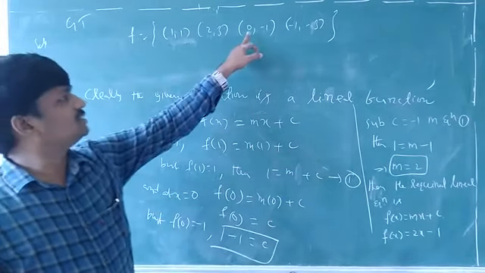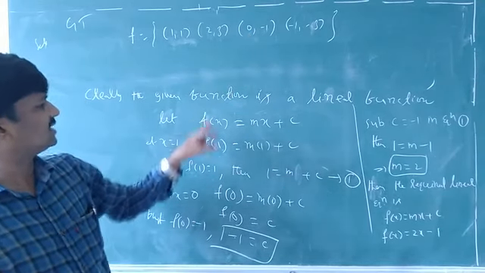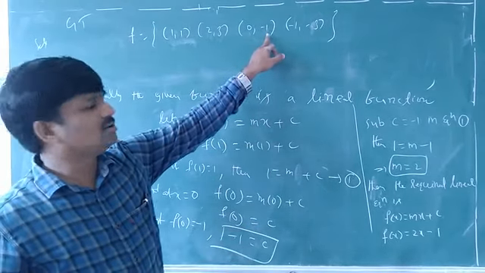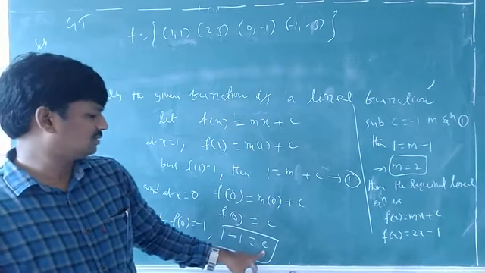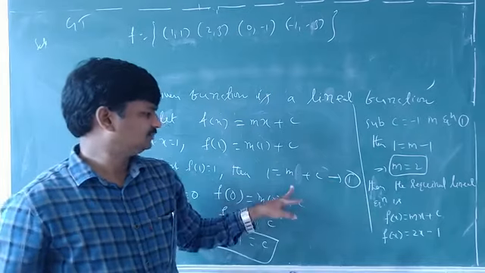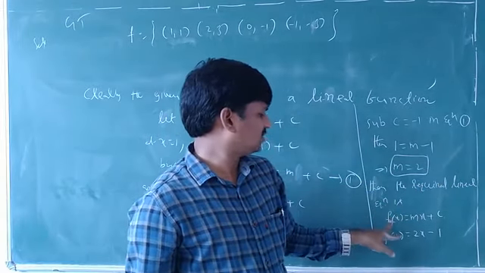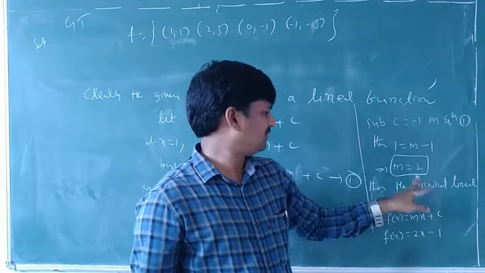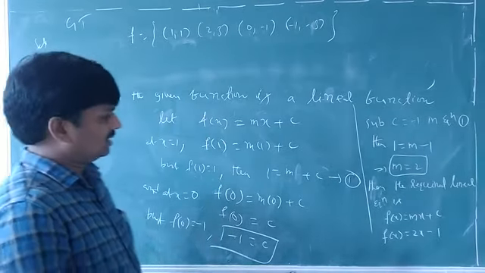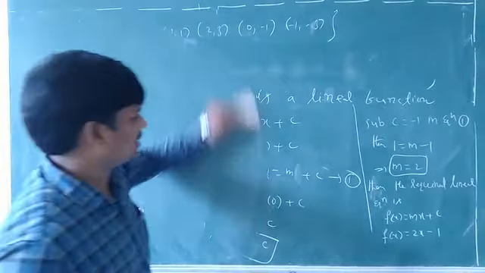Next, take at x is equal to 0. At x equal to 0, what is this function? F of 0 is equal to m into 0 plus c. So c value. But f of 0 value is minus 1. Minus 1 is equal to c. So c value minus 1 you got. This c value substitute in equation 1. Then you will get m value. M value 2 you got. So the required linear equation will be f of x is equal to mx plus c. So m value you got, c value you got. Substitute here. You will get that linear equation. Understand? Like this manner, how to find this type of question. And like this, one more question is there. I will explain that also, just see.